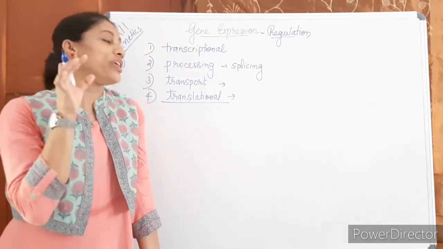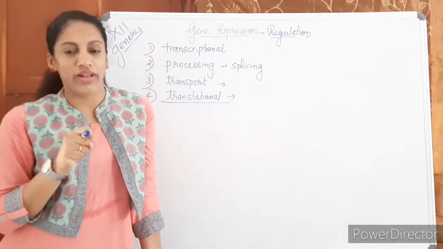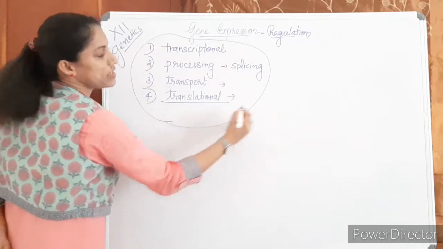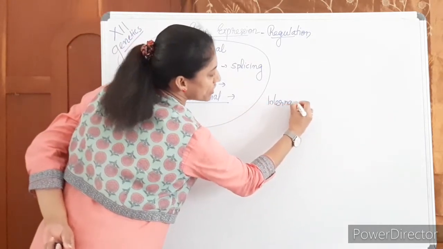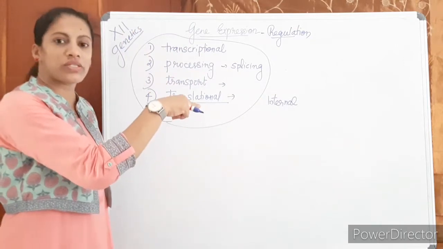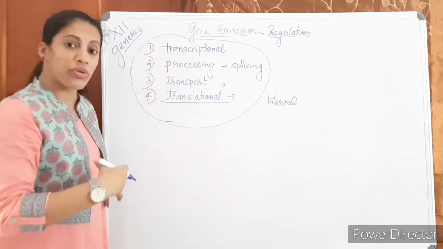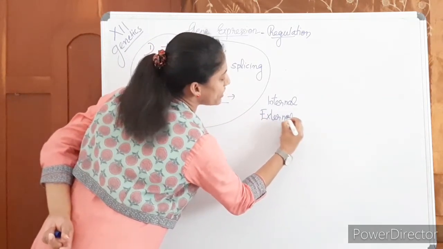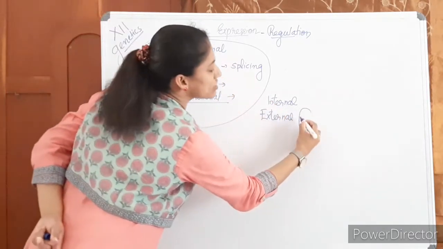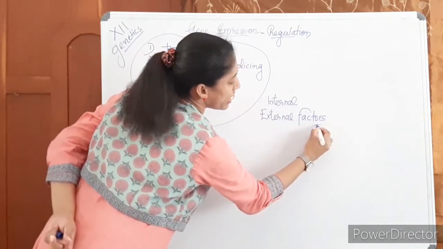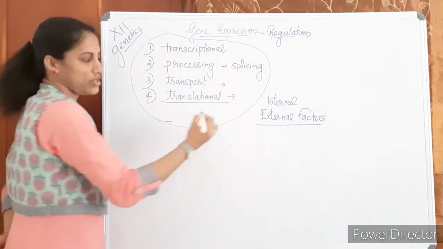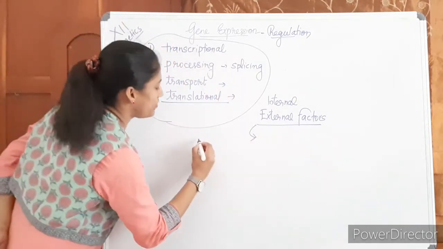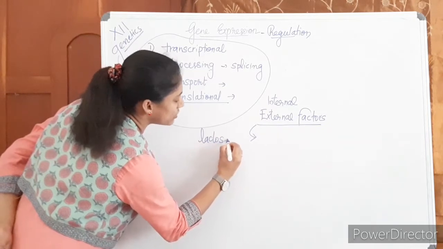Is it okay? Today we are discussing transcriptional level regulation. Before moving to that, okay, all this regulation is taking place inside the body. Internal regulation we can say. Okay, what controls the gene expression is our own body processing. Whereas in some cases, external factors, along with the metabolic factors, external conditions can also regulate gene expression. Okay, so for an example, where external factors regulate gene expression, we give the example of lactose.